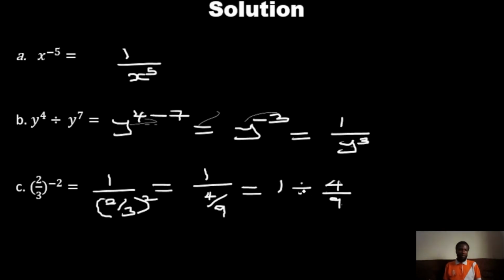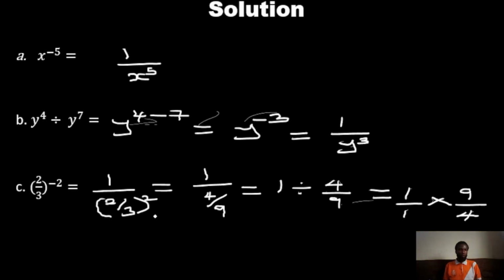You can change this division to multiplication. Remember, when you are dividing fractions, you change the division to multiplication. So we have 1/1 multiplied by... When you change division to multiplication, you invert the fraction. That is, the denominator will come to the numerator and the numerator will come to the denominator. You invert the fraction, that will be